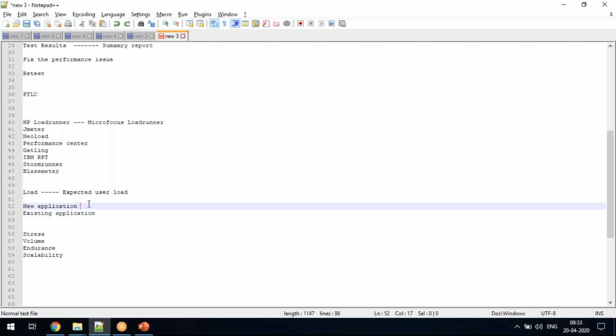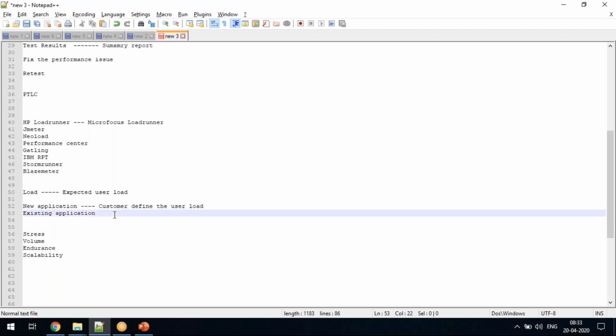New application means the customer will define the user load. They'll say, I'm expecting so and so many users will come and access my application. So based on that, you will do the load testing.